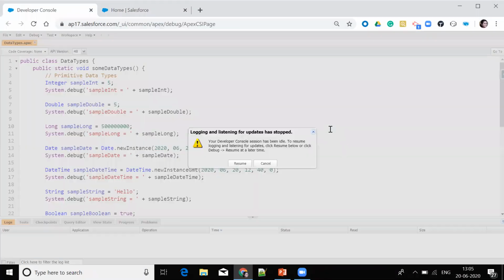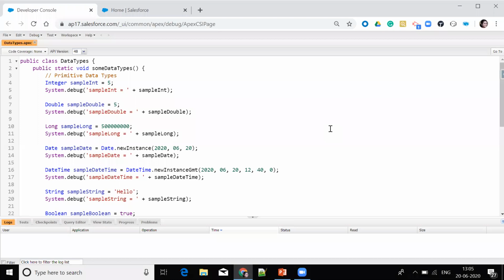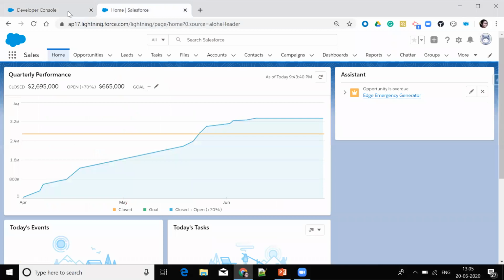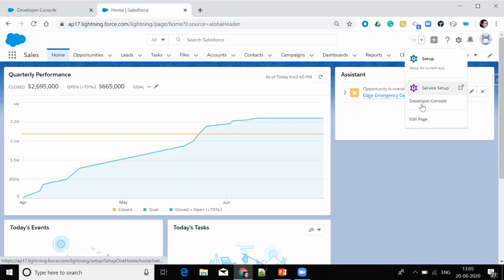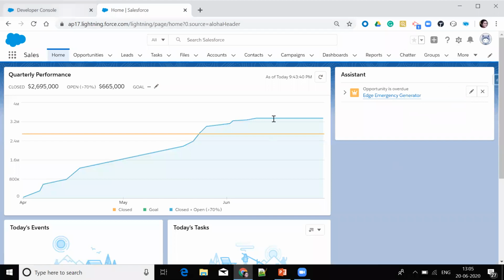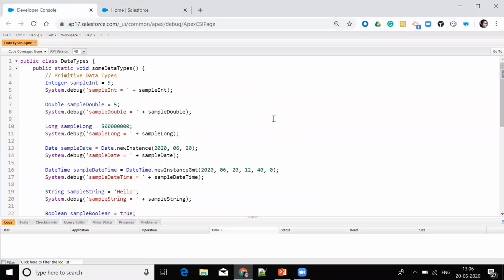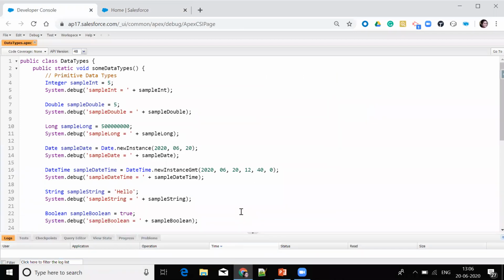So here is the Developer Console, which is provided for development by Salesforce. This is my simple Developer Edition org, and this is the Developer Console. You can go to the Developer Console by clicking on Setup and then clicking on Developer Console. I have created a sample class here for having some data types.